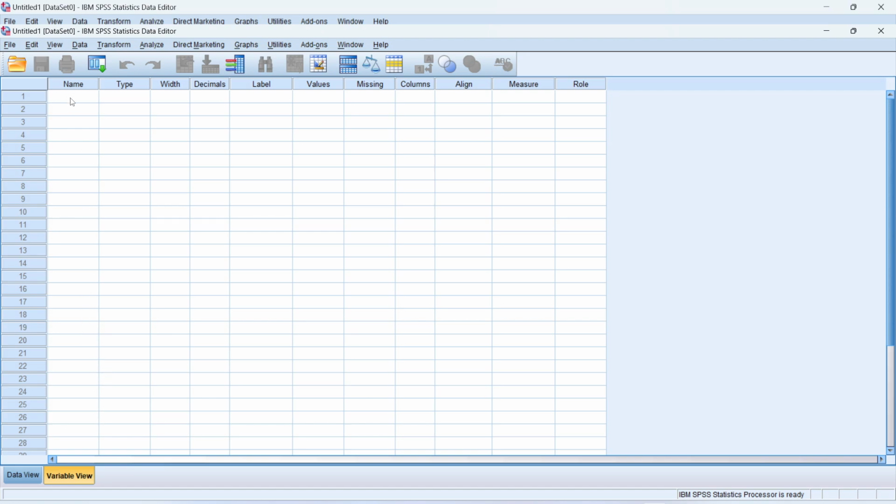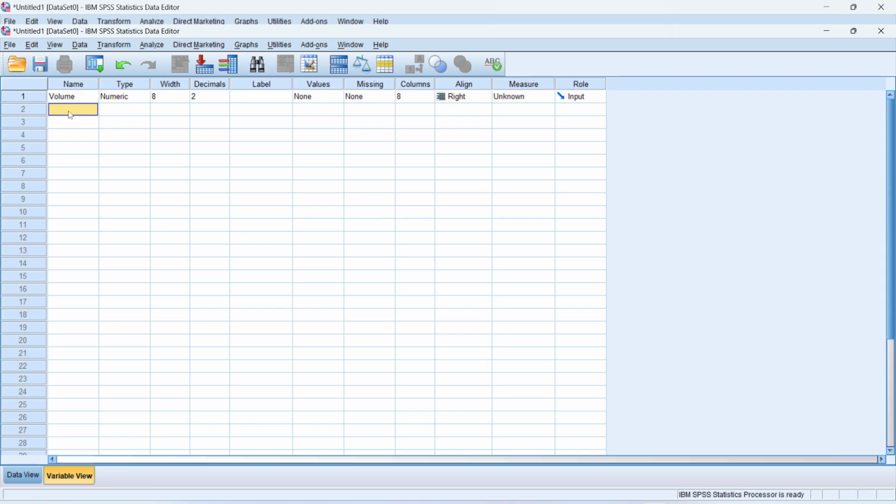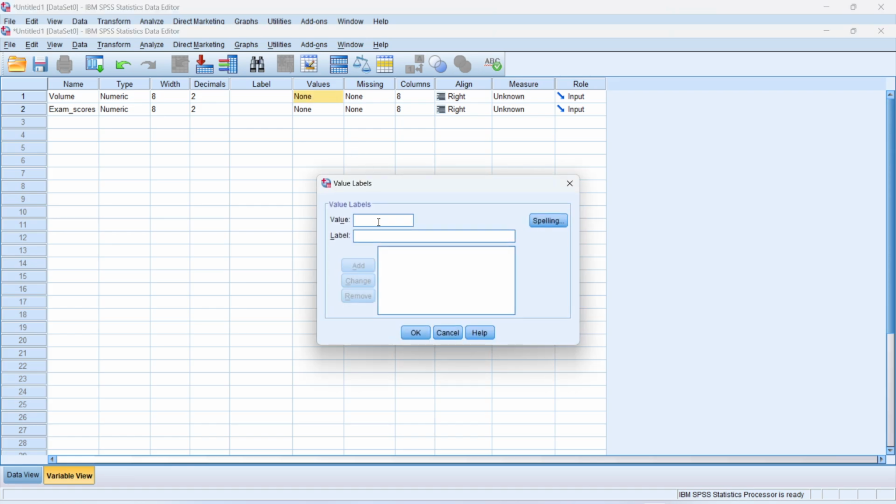So for that, put the variable 1 here, that is volume. And the second one is exam scores. So basically, we want to know, does the volume of music while studying have an impact on exam scores or not? In this volume section, we'll go through the values and put for value 1,